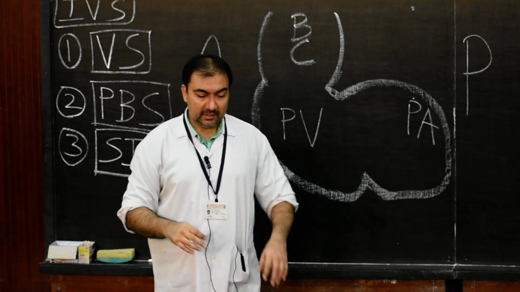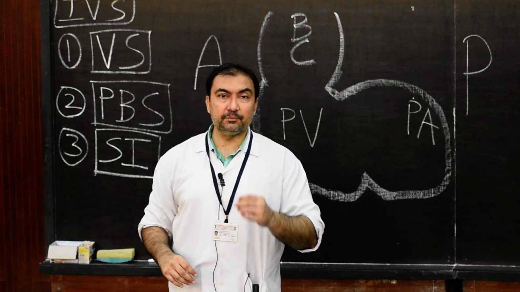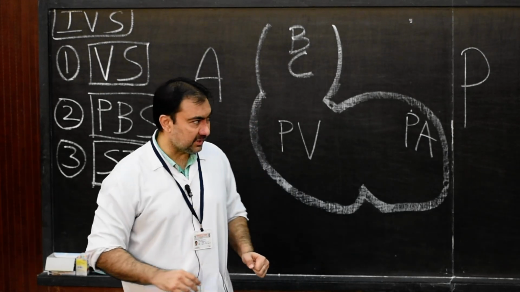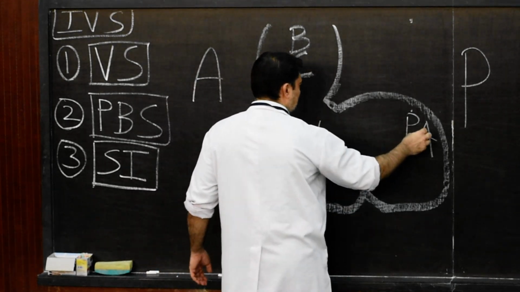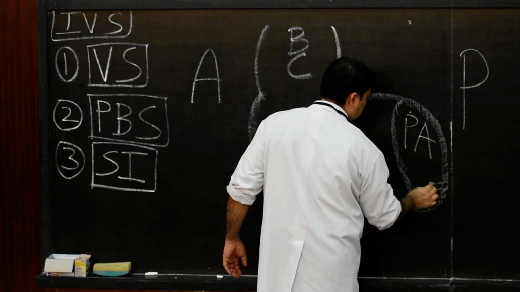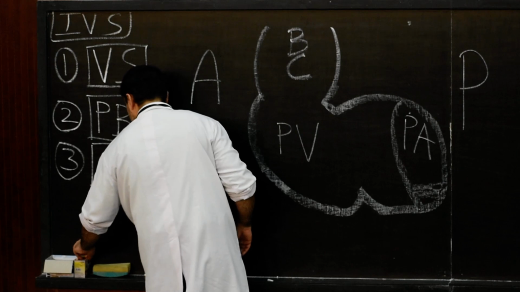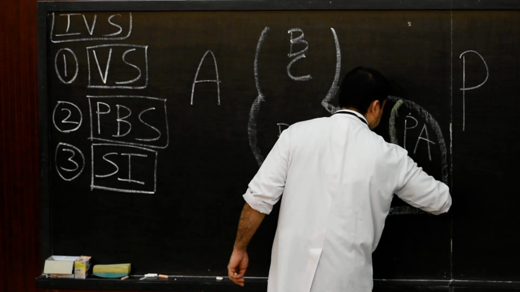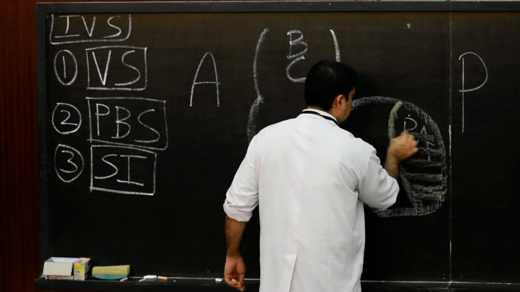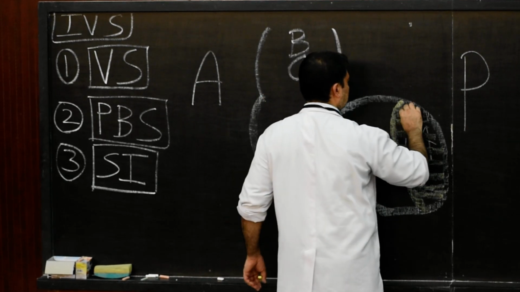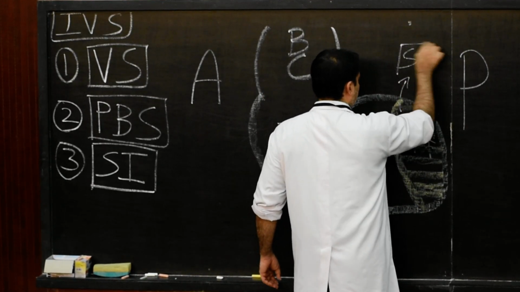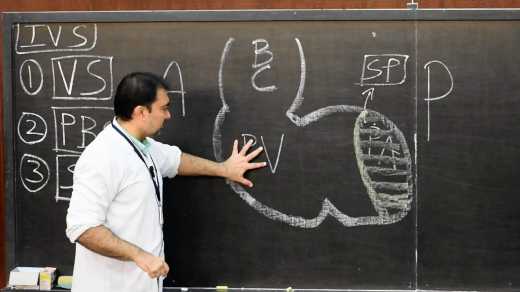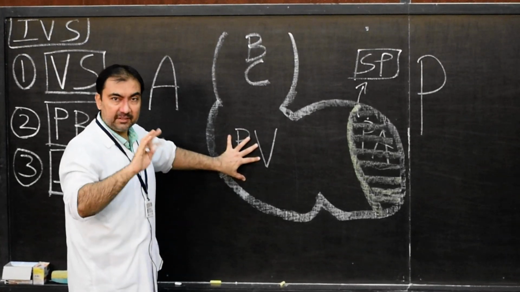Now in primitive atrium, in the 6th week there is development of septum primum, and in 7th week there is development of septum secundum for the completion of interatrial septa. At that particular period, I want to show this septum with a different color, so I will show it with yellow color. This is septum primum. Just to show that at this stage there will be simultaneous development of interventricular septum.